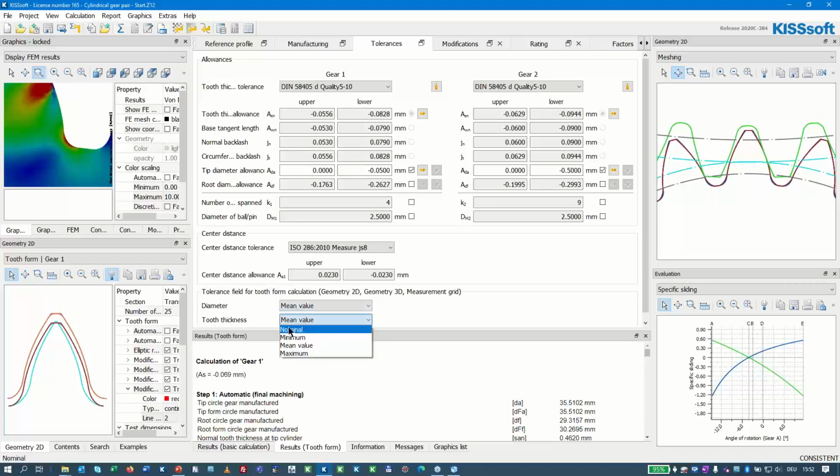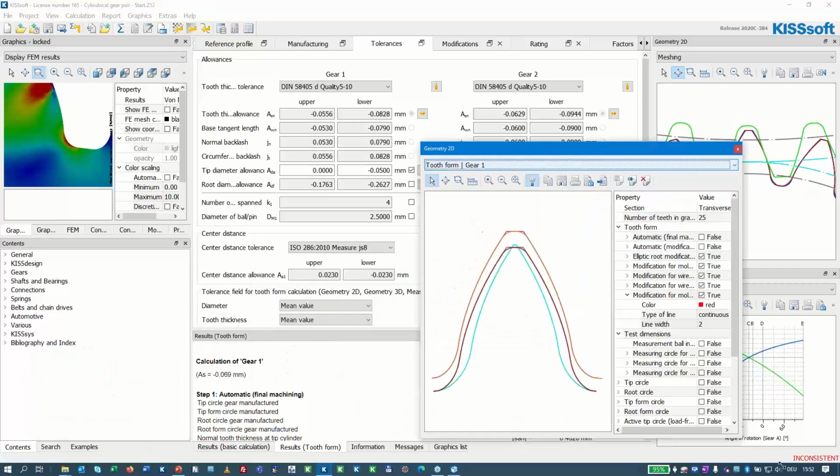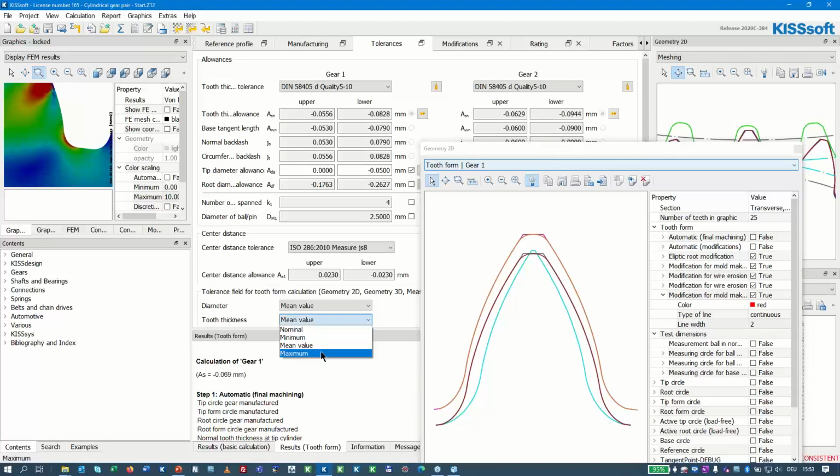Here with this list, by default, what you see here as graphics, as tooth shape, is in the middle of the tooth thickness tolerance field. We recommend, however, that you make sure that you go for the minimum. Yeah, be careful for the minimum,